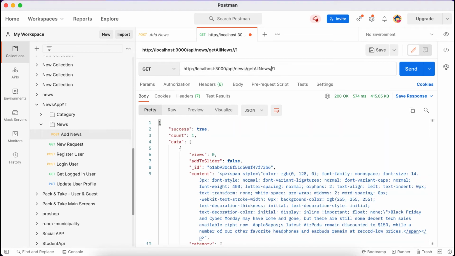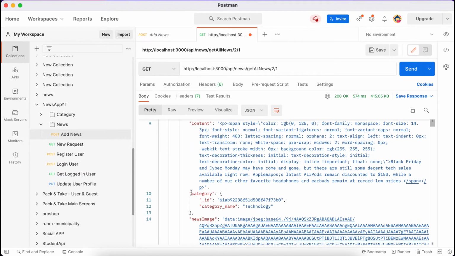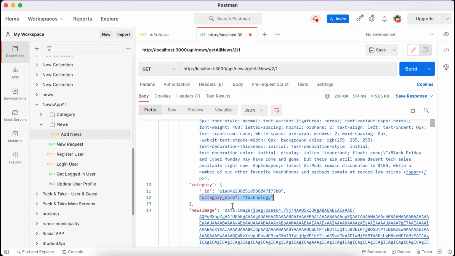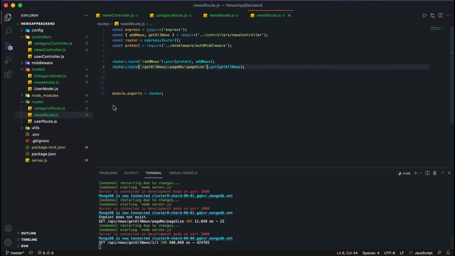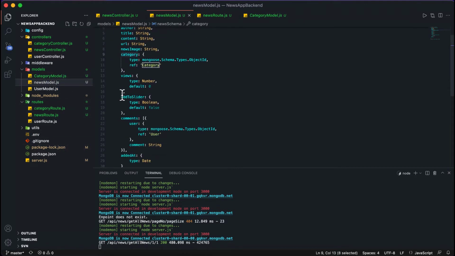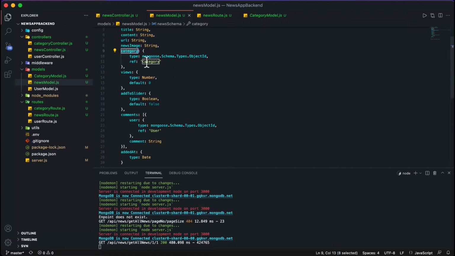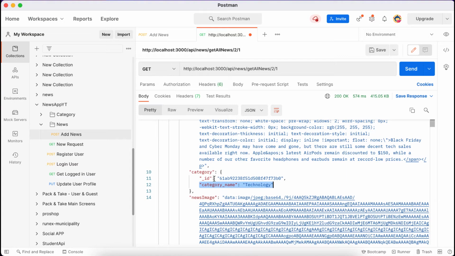And when it becomes 2, you can see here the category is populated. Before populate only the ID was coming, and after the populate, the technology, means whatever the category name is, is displaying here. So the advantage of using it like this, means in the news model, using the object ID, it will reference that particular category and fetch the details, means we are populating the data that belongs to which ID. Okay, like this we got the category details.